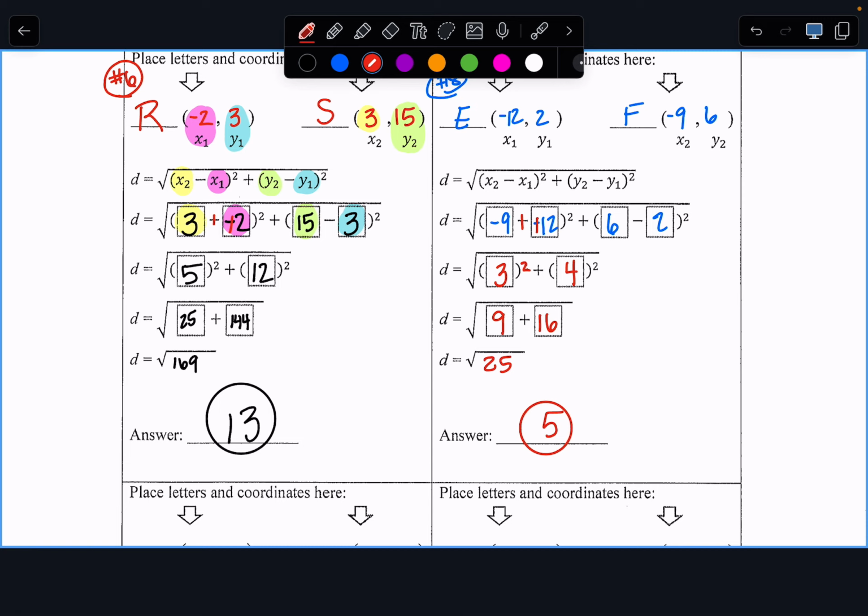Okay. So this is what you're going to do. You're going to turn to page 20, please. On page 20, you need to use the distance formula for 1 through 4. You can use the blue sheet or you can write your work on page 20. I don't care. What do you think I would like you to do for numbers 5 through 8? Make a triangle and do the Pythagorean theorem. Okay? What I'm going to do for you is